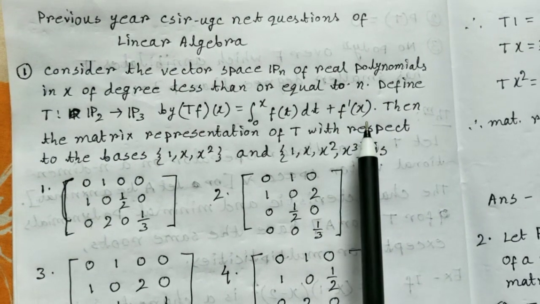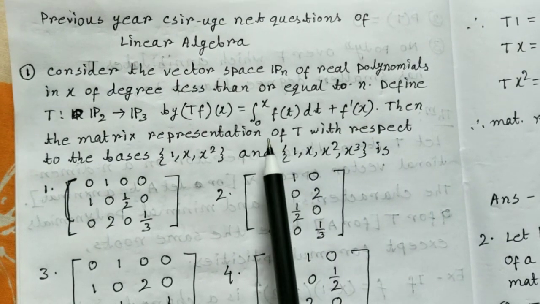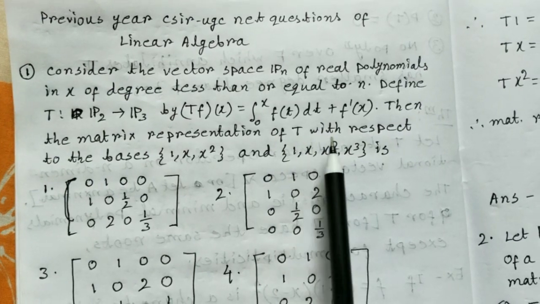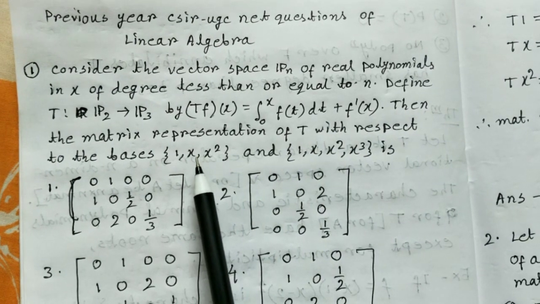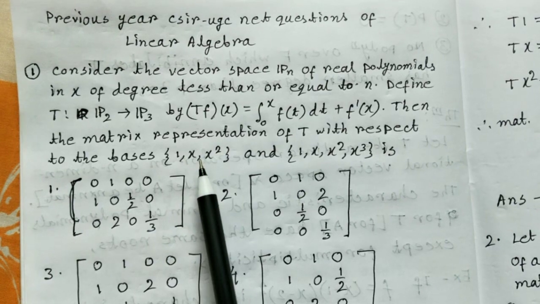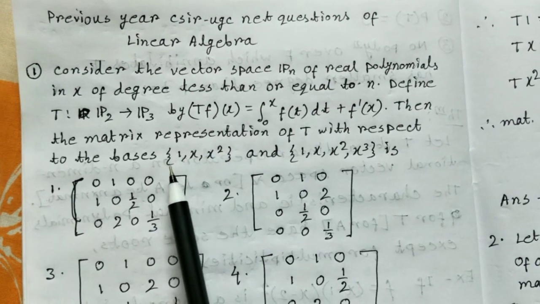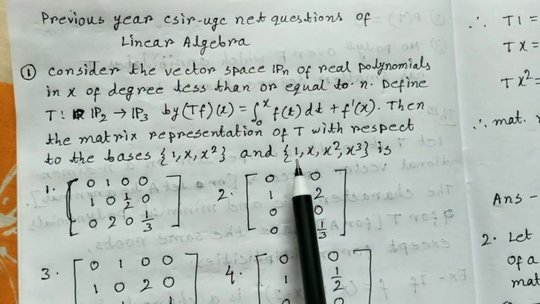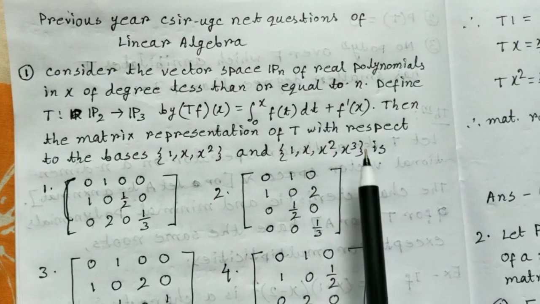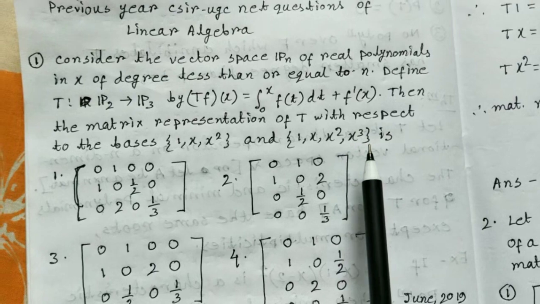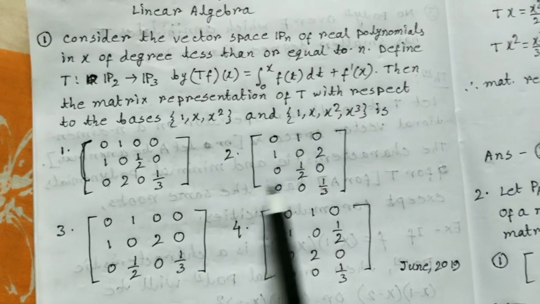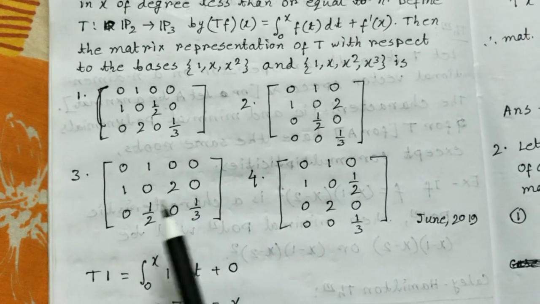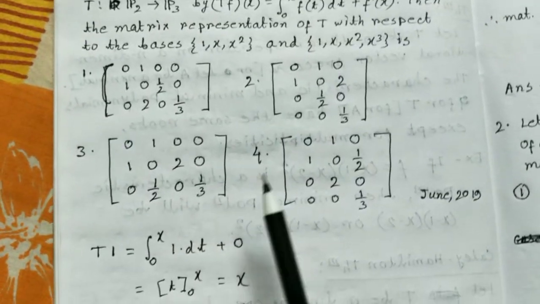Then the question is, what will be the matrix representation of T with respect to the basis 1, x, x square, that is the standard basis of P2, and the standard basis of P3, that is 1, x, x square, x cube, which is the following. From these matrices, what will be the matrix representation? Now